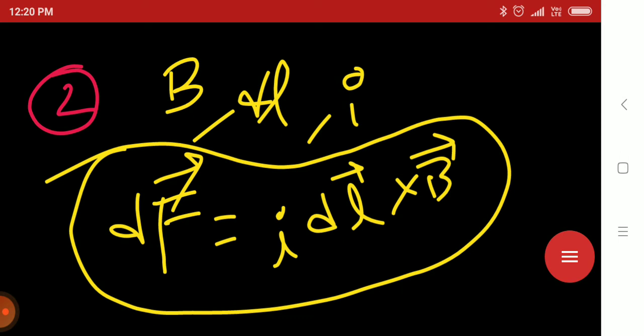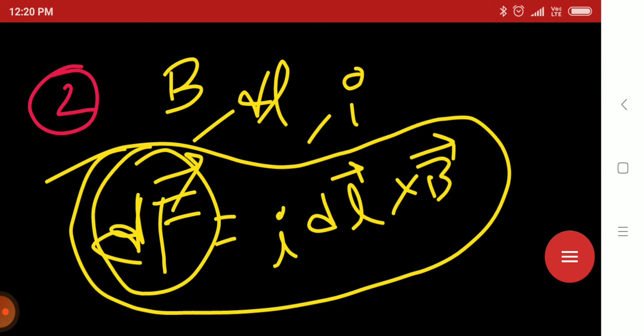In the second step, we have seen the formula. We are trying to solve this problem by first analyzing the figure, and then taking the formula from the figure. So this is this dF force. This dF force is for which length element? This is the circular arc, and for the small element dl, this is the dF force.